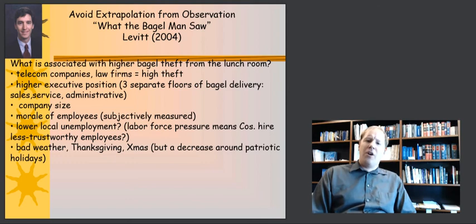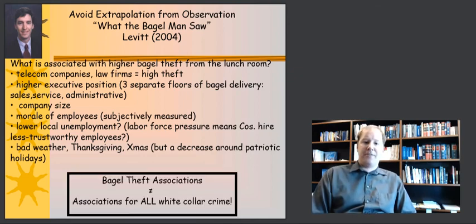What I want to caution in all of this, though, is what does this tell us? It tells us about people's proclivity to steal bagels. It doesn't necessarily tell us anything about white-collar theft. In other words, we don't necessarily know how executives are going to act in accounting fraud or other things like that just based on their bagel theft practices. And that's something we need to be cautious about. If what we're saying is we can learn something about corporate practice through lunchroom practice, we need to be cautious about extrapolating beyond what we know to what we don't without further evidence.